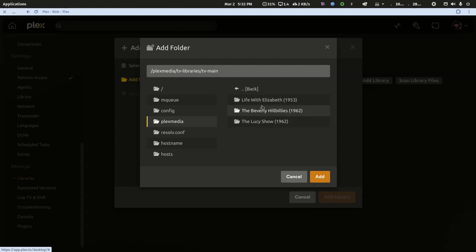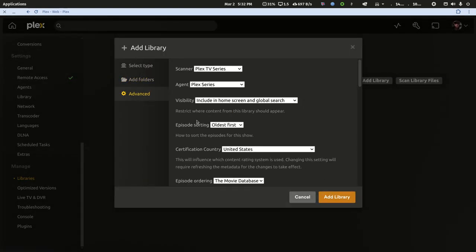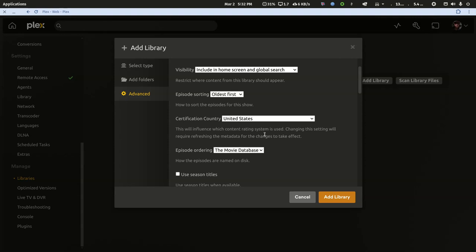There's only 3 shows, and I don't know if all episodes are public domain, but the episodes I have for these 3 shows are public domain. So when I see the shows, I can add. And again, there's advanced settings. You always want to use the default scanner and agent. And the only thing that I do is